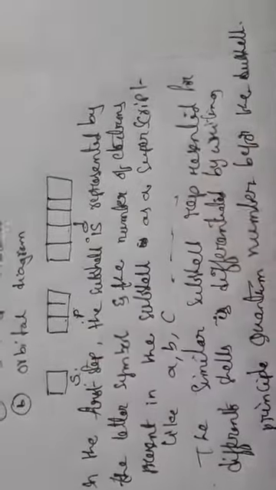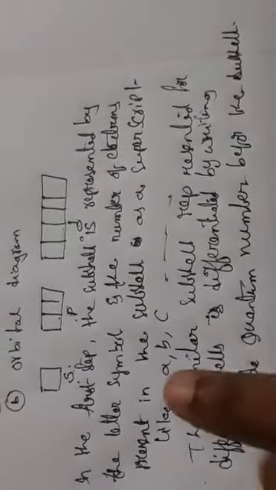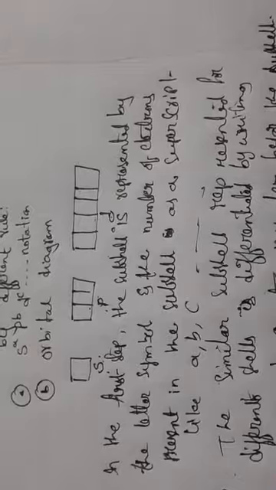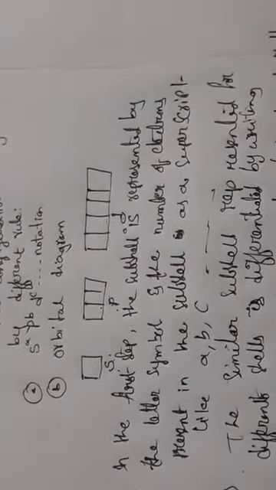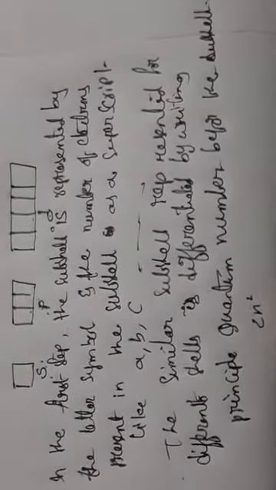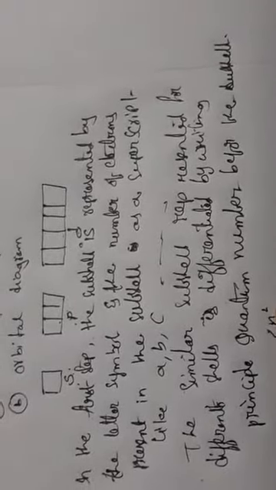If you have observed, whatever subshell we are taking is represented by different letters, yes or no? The subshells s, p, d are different subshells, differentiated by writing the principal quantum number before the subshell. Generally, the maximum number of electrons in an orbit is 2n square, where n is nothing but the principal quantum number.